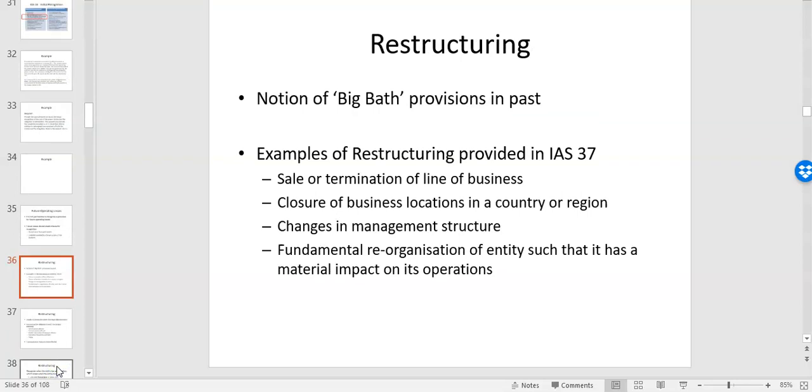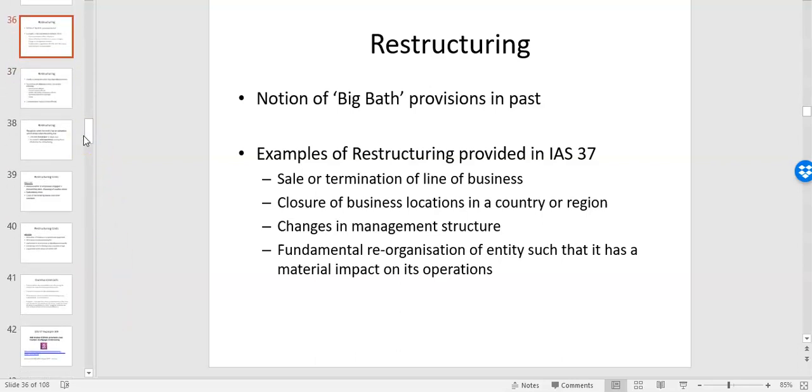The other thing, and we've seen a lot of it maybe with COVID and in the last recession, is restructurings. So where you're selling off a business line, you're changing the divisional structure, you're changing business locations. Some of these are allowed in IAS 37 because they're part and parcel of the business and they should be included when they're announced. But what IAS 37 wants to get around is the whole idea of big bath